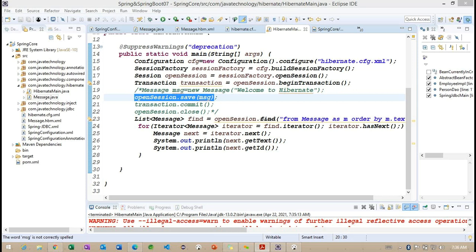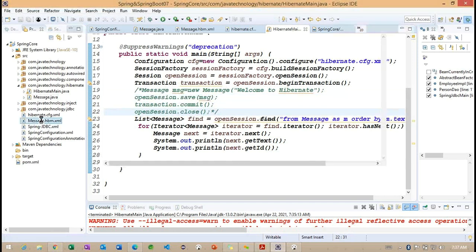So if we are not working with an ORM tool, we focus more on SQL queries. But whenever we work with ORM tools like Hibernate, we focus more on HQL, Hibernate Query Language.